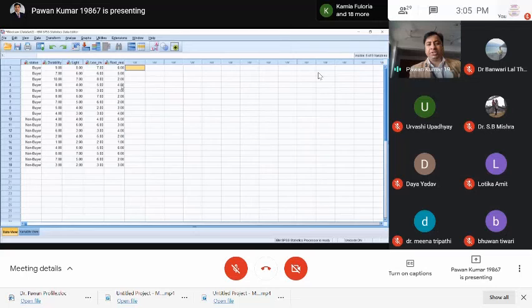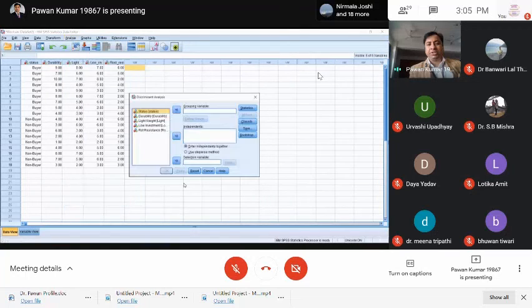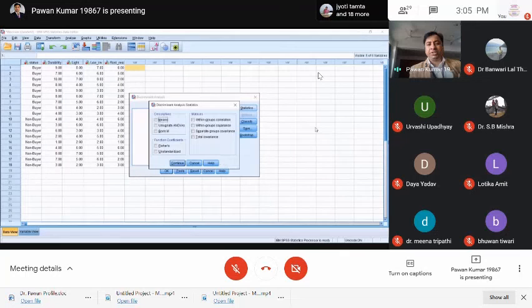And on the basis of this, the owner is interested to discriminate the status of the consumer, whether he's a buyer or non-buyer. So I think you can very easily go to classify, go to discriminant. Click on it, take in the status. Status is a grouping variable. 1 means buyer, 2 means non-buyer. Click on continue and take durability, lightweight and low investment in the independents, go in statistics.